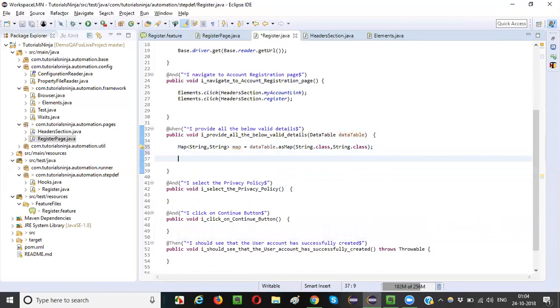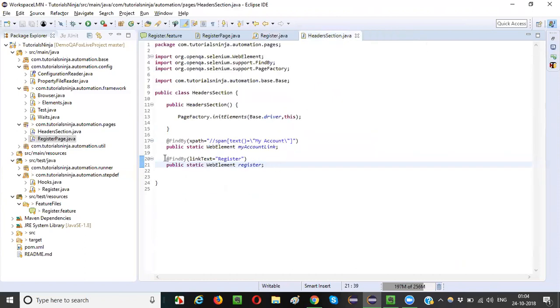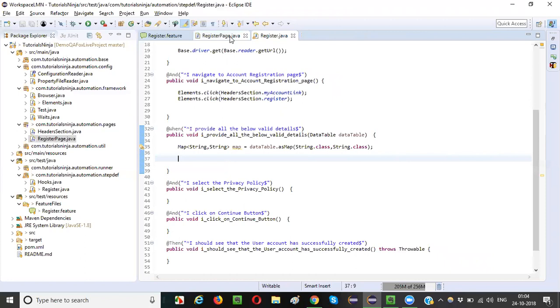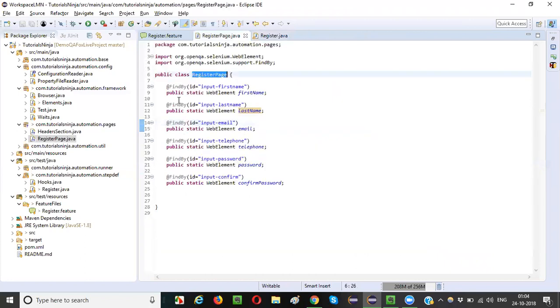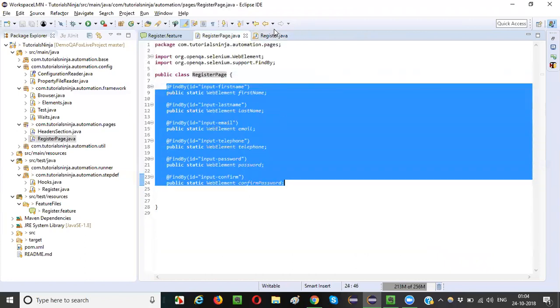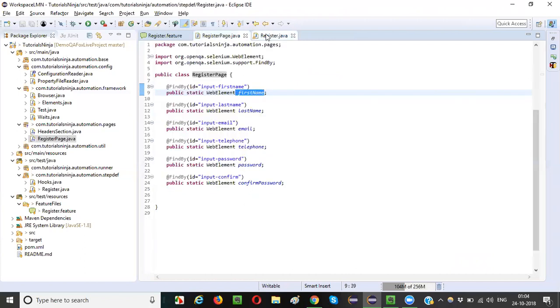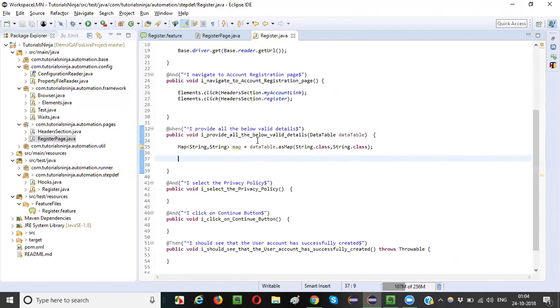Now the things are good. Now guys, I need to enter the first name into the first name field, right? I already created the web elements, right? Where did I create them? Under the register page, all the web elements are already created. So I'm going to use these web elements, and into them I need to get the data from this data table and enter it. So I'll start like this: elements dot